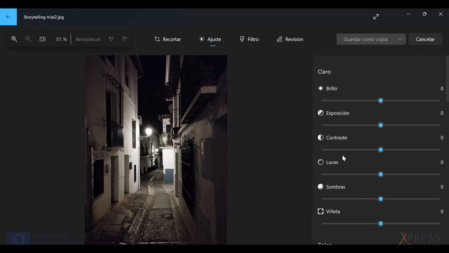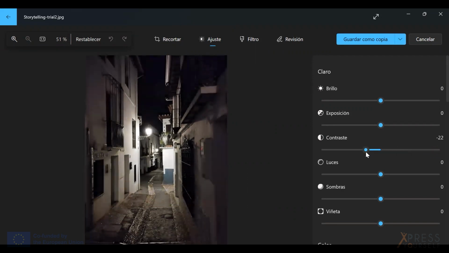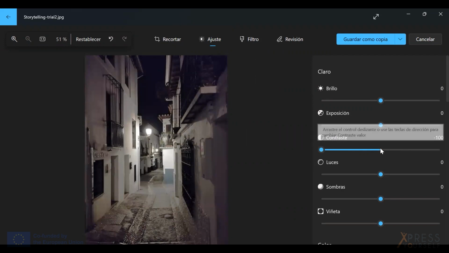So it is in Spanish, but anyway, it will give you an idea. This is the balance. So you can see if I move it to the right, I will make it darker. If I move it to the left, I will make it lighter. And I will see more of the details, right?